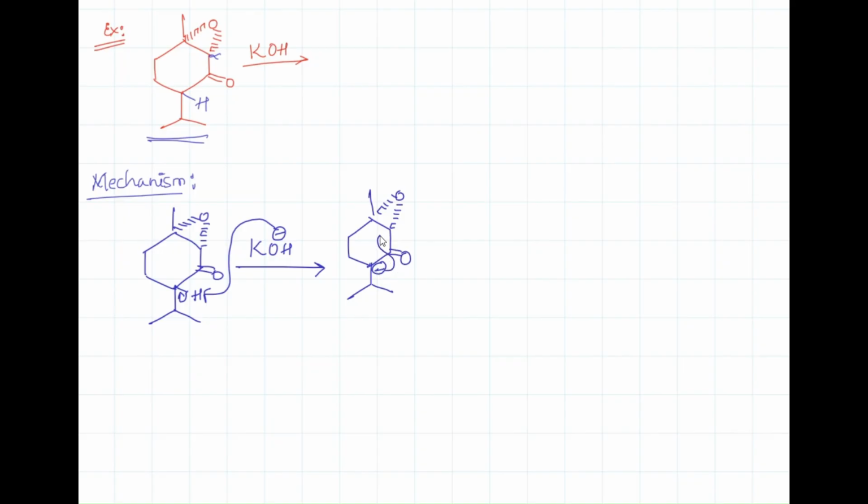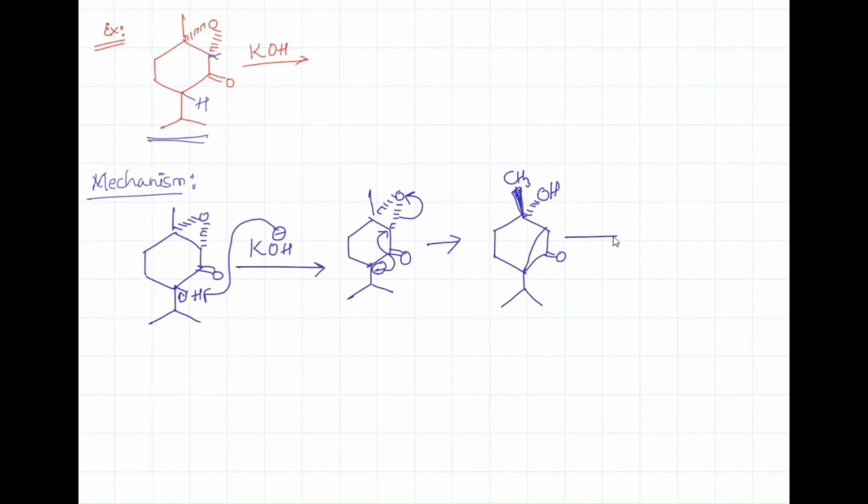And this carbanion will attack the alpha carbon which contains a good leaving group, and this bond will break, right? We have a 5-membered ring and a 3-membered ring. Here CH3 is there and below OH is there. If it is below the plane, then CH3 will be above the plane, and here the isopropyl group is there,